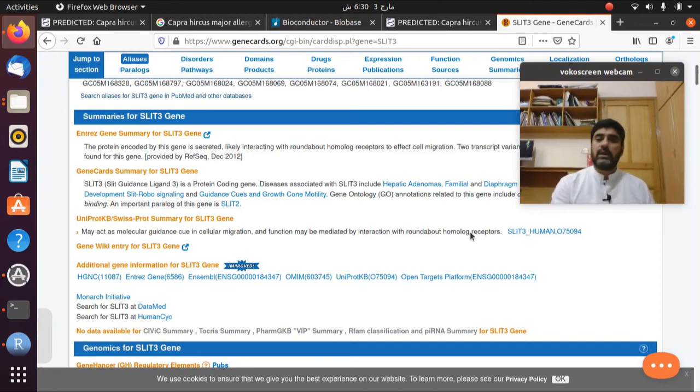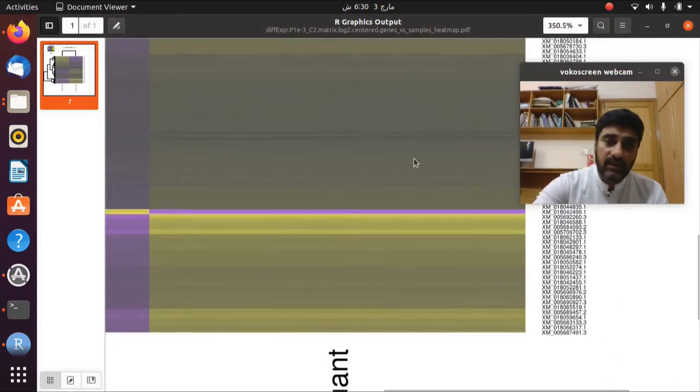In this way you can look at the function of the different genes that have ectopic expression in both our samples. So this is all from the differential gene expression pipeline, and this was our last step.